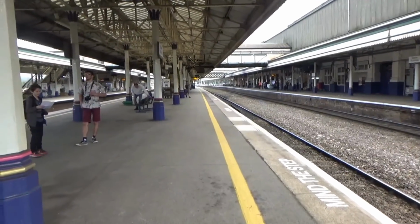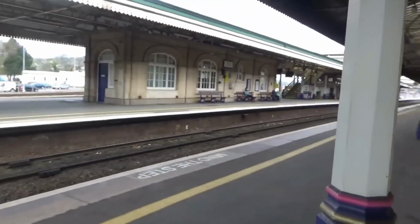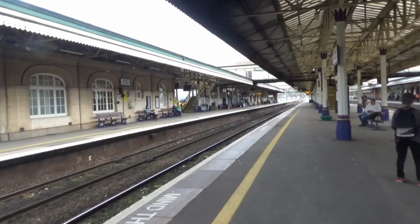But this is platform 3, and as I move across to this one over here, this is platform 4, and this is for all trains that go...